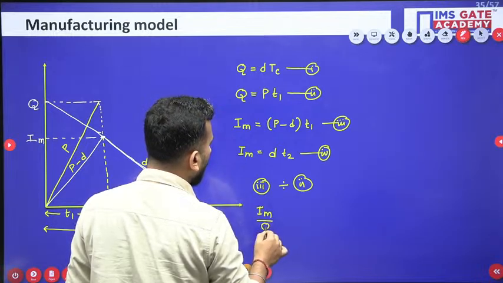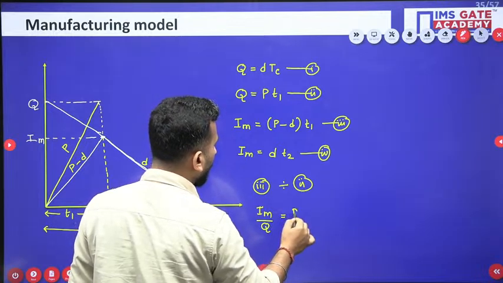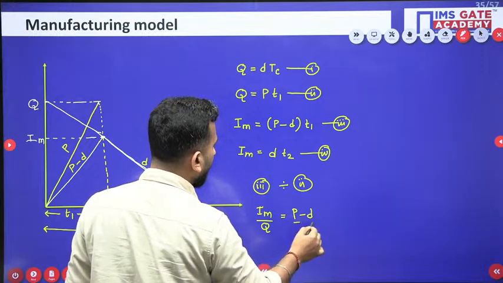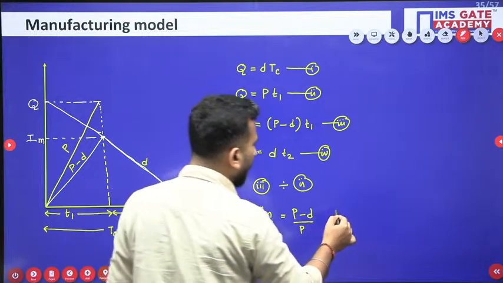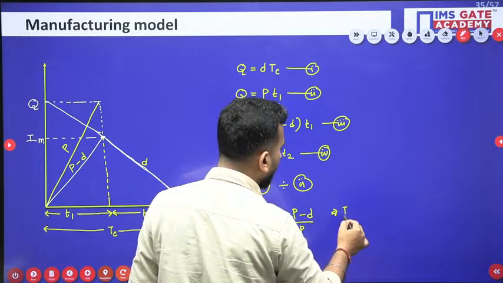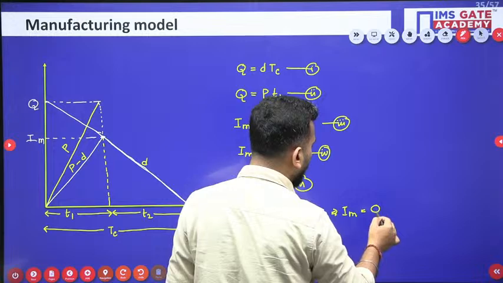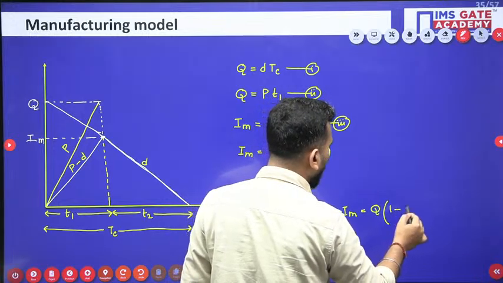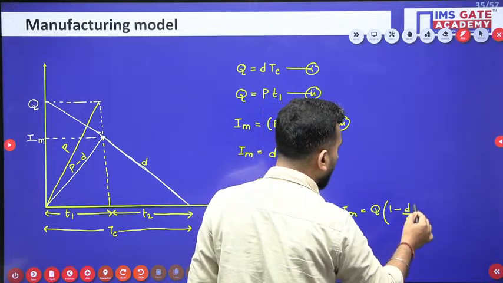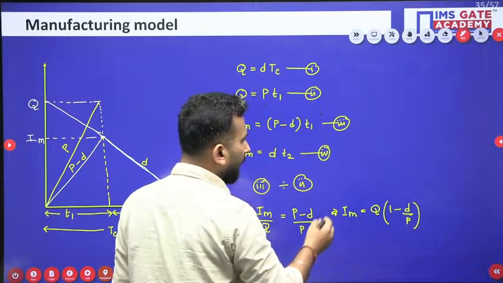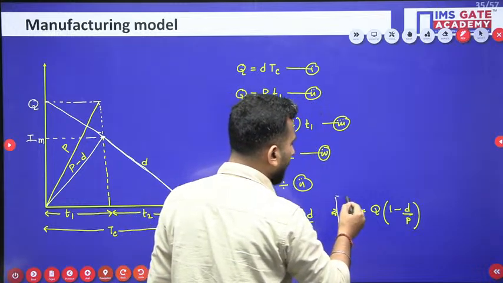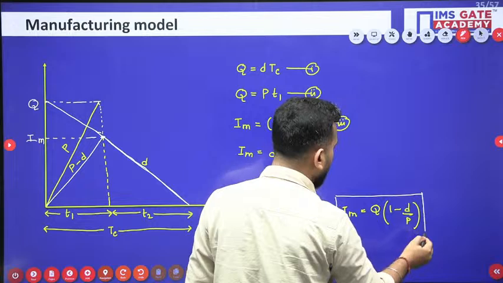Im by Q is equal to (P minus D) by P. So from here I am getting one relation, that is the maximum inventory is equal to Q into (1 minus D by P). So this is the one relation of maximum inventory that I am getting,